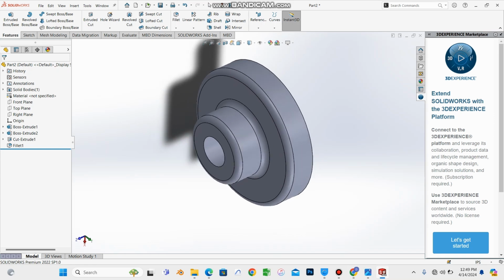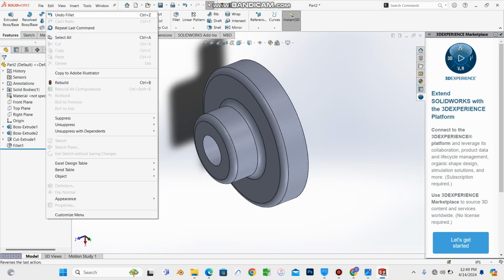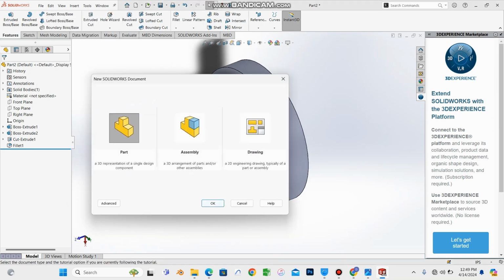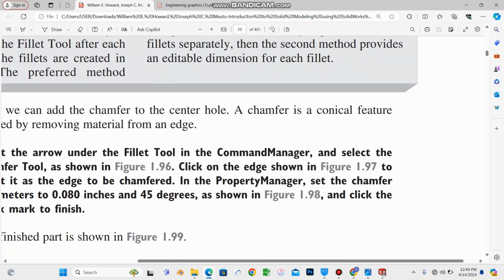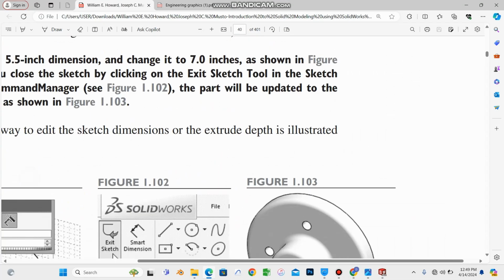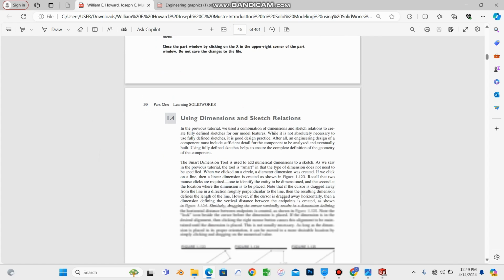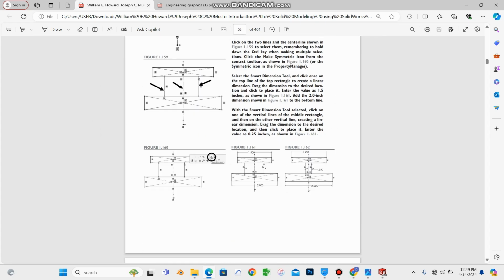So that's it. Now let's go to file, new part. So I'm going to show you how to make the pulley system using the three rectangles. Okay, using the three rectangles. I'm going to show you how to do